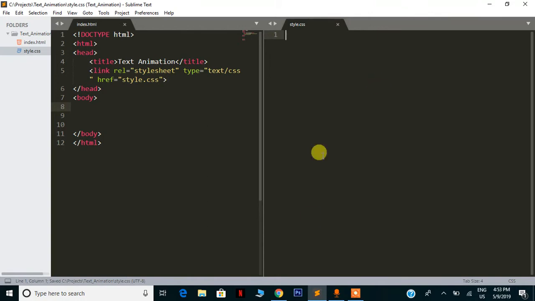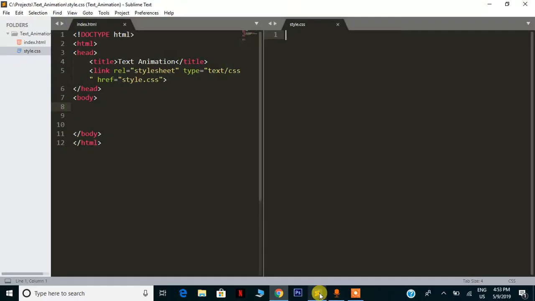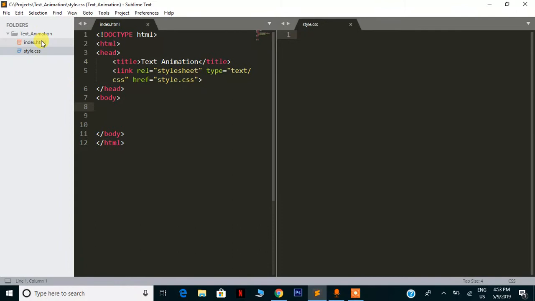So what you need to be having is a text editor, any text editor that you'll be using. Mine, I'm using Sublime Text, and the files that you need to be having is index.html and style.css. So as you can see here, I linked my style.css already. What you're going to write is some simple code here,